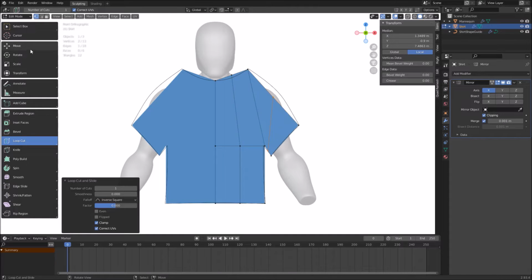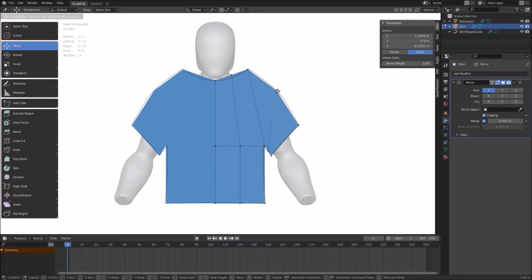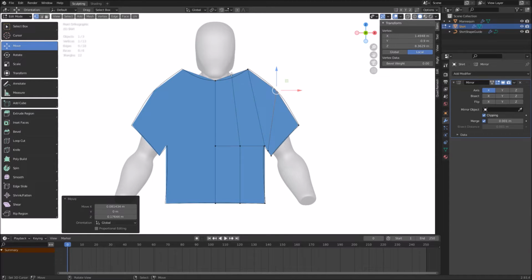Now we can go back to the Move tool, select one of the new vertices, and move it into place to match the guide. Do the same for the one near the collar, and our shirt shape is really coming together. The cloth simulation will have better results if the surface of the shirt is made up of evenly spaced